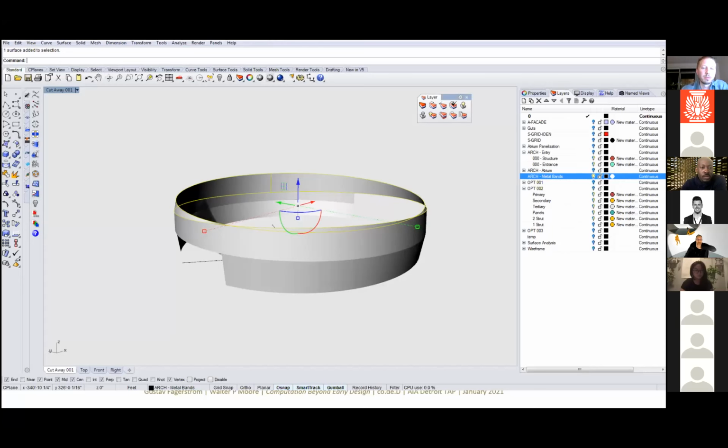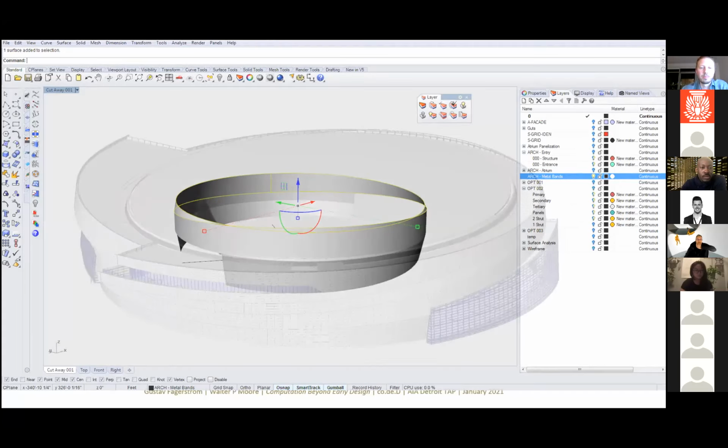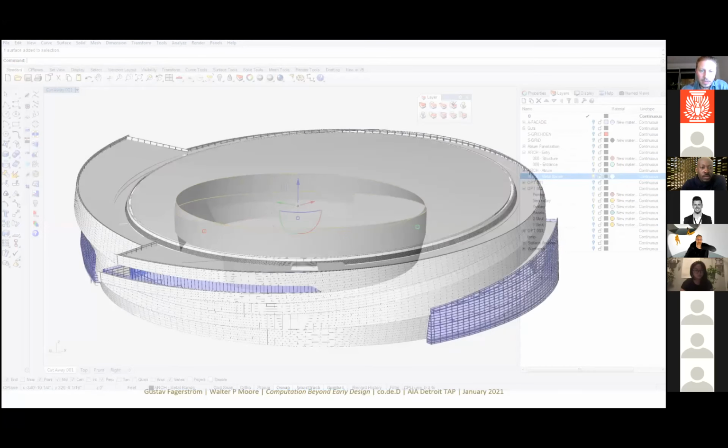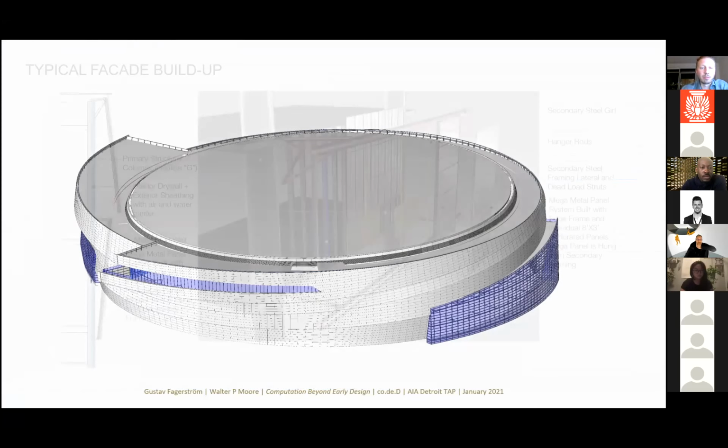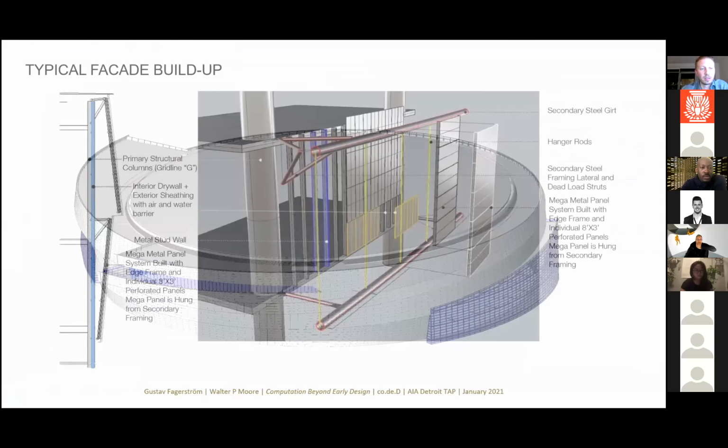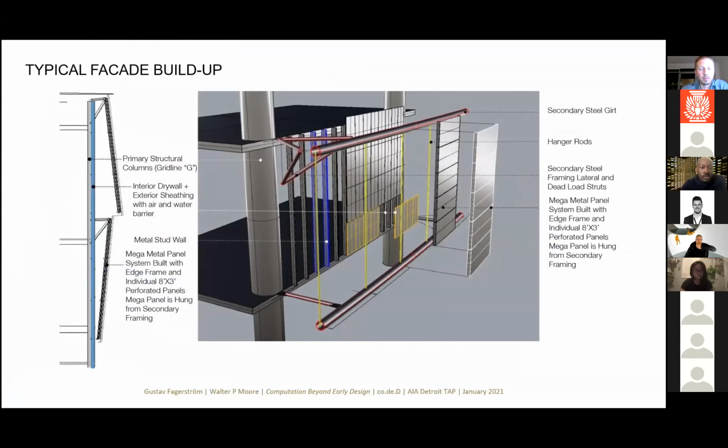But the point of the discussion here is that this needs to become this, and most of the work to go between those two stages of existence was, I should say, because the building has been built, within Wolfe Moore's facade team's scope of work. So if we zoom in a little bit and look at what's actually the kind of architectural